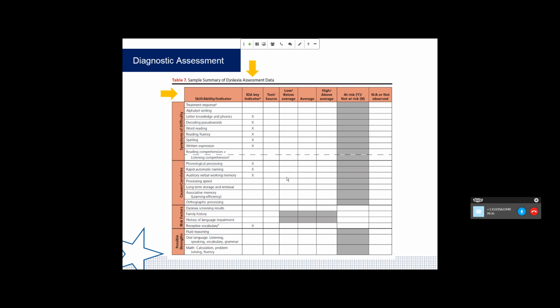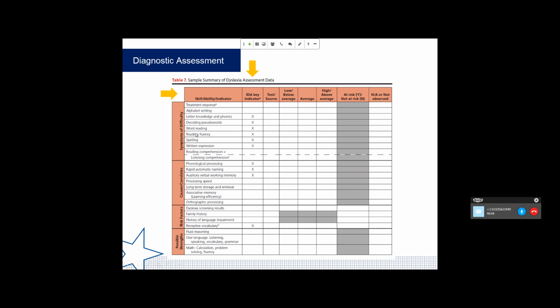Now, before I go on and talk further, I want to talk about some limitations you will have with the standardized assessment data. Depending on which assessment tool you select, some are more general, and by their very nature, a standardized test tends to be more general. So you may not get the specific information you need for intervention. Again, depending on the assessment tool, you'll get more or less. And I want to point out just a few examples of areas where you may need to dig deeper.